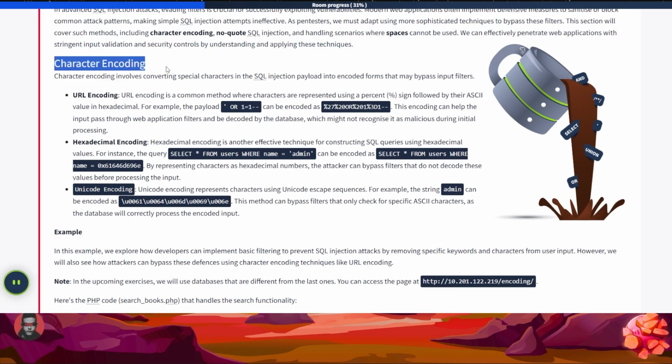Character encoding. Character encoding involves converting special characters in SQL payload into encoded form that may bypass input filters. So here is URL encoding. Character encoding consists of URL encoding,